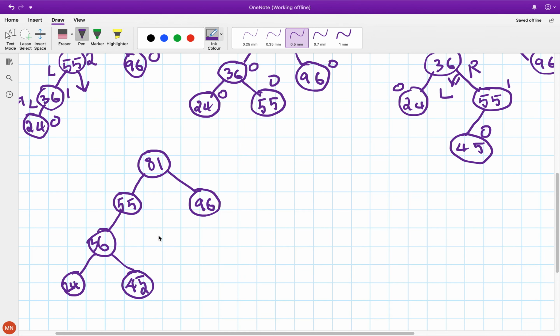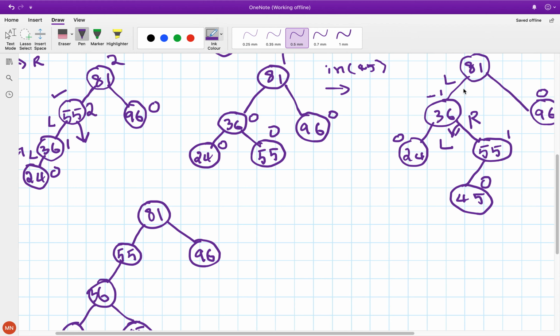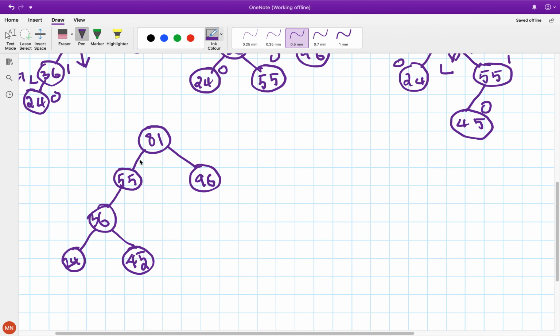Okay, now we have to perform one more operation. We have here a left movement at 81, so we have to rotate 81 to the right. So we are rotating 81 to the right now. We can see that this 81 will be rotated to the right and 55 will be the new root now. So we have the new root as 55,